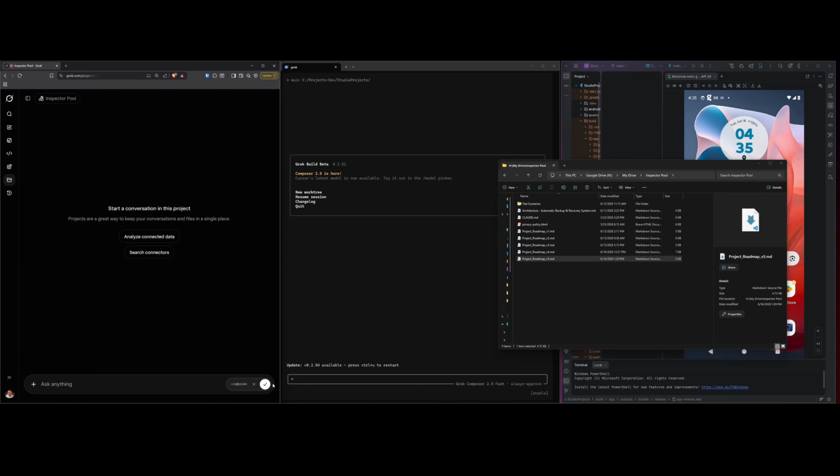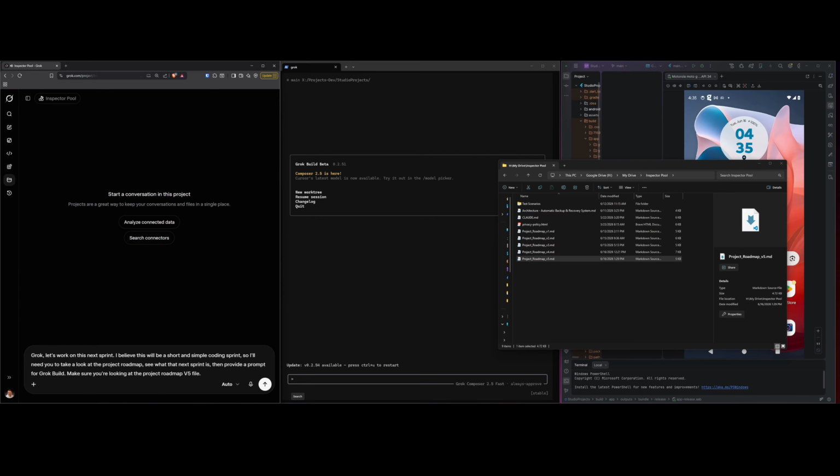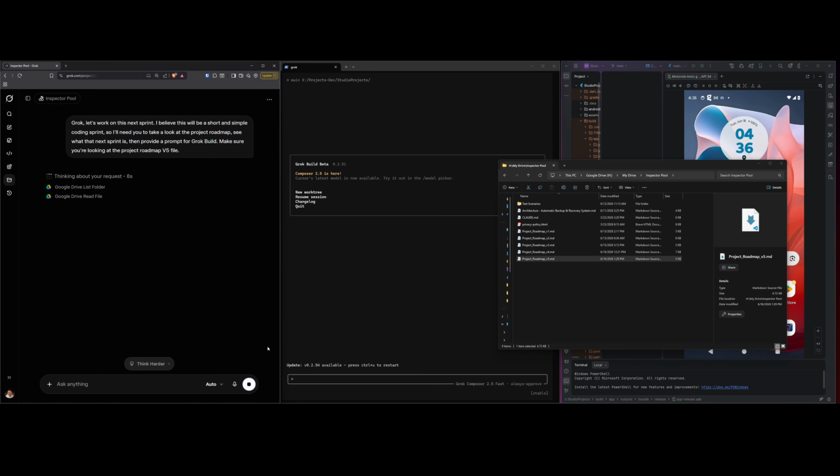Grok, let's work on this next sprint. I believe this will be a short and simple coding sprint, so I'll need you to take a look at the project roadmap, see what that next sprint is, then provide a prompt for Grok Build. Make sure you're looking at the project roadmap v5 file. Okay, so it just took dictation there, and so if I submit this,